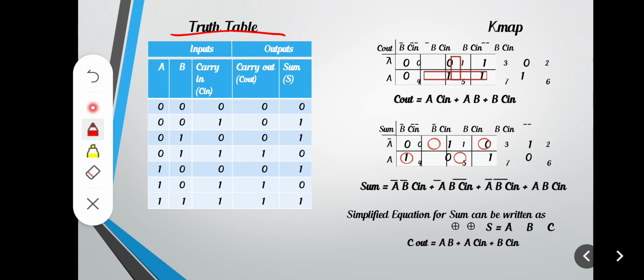Finally in the 8th row, 1 plus 1 is equal to 0 with 1 as carry, and then this 0 plus 1 is equal to 1. That means in the 8th row the sum bit is equal to 1 and the carry bit is also equal to 1. So in this way